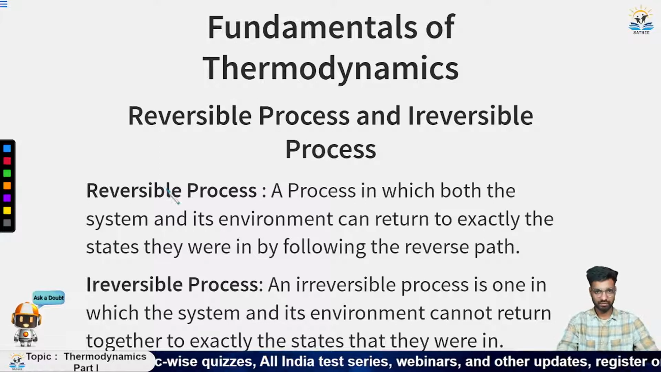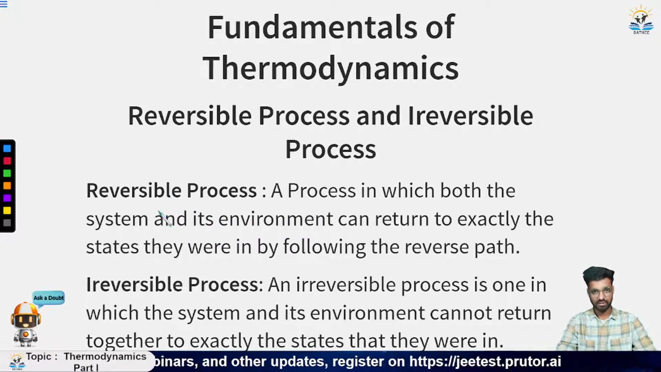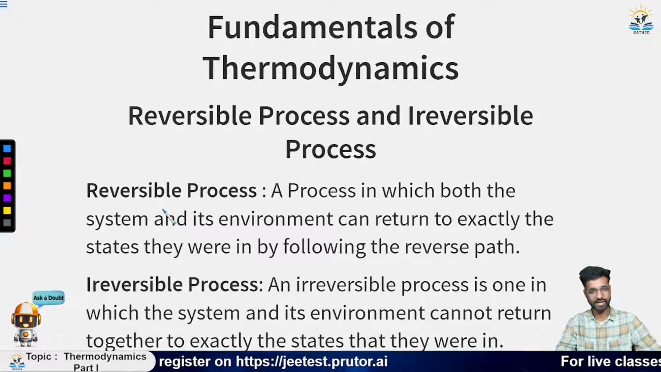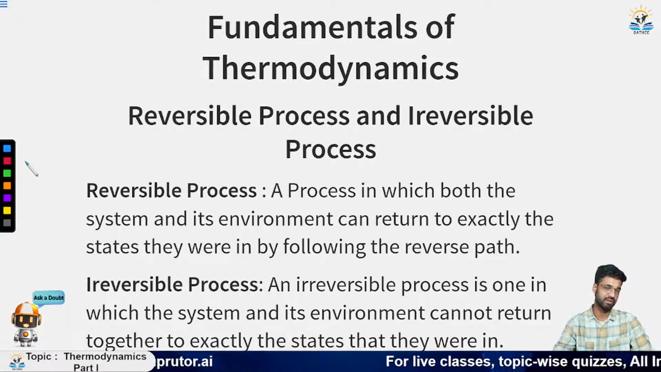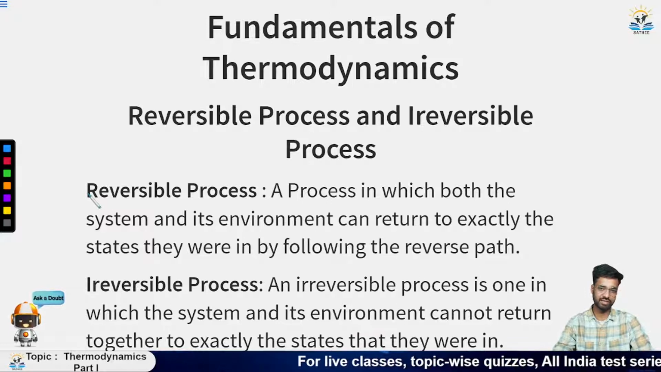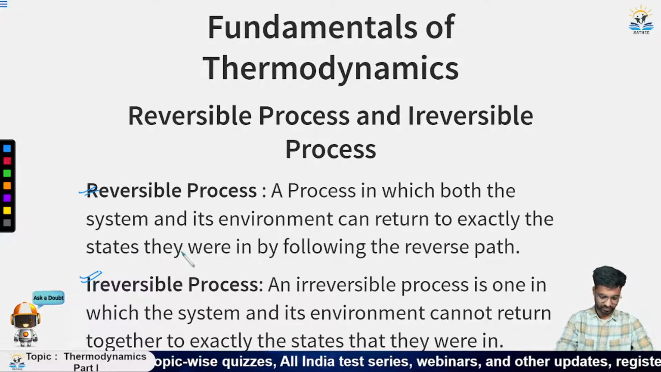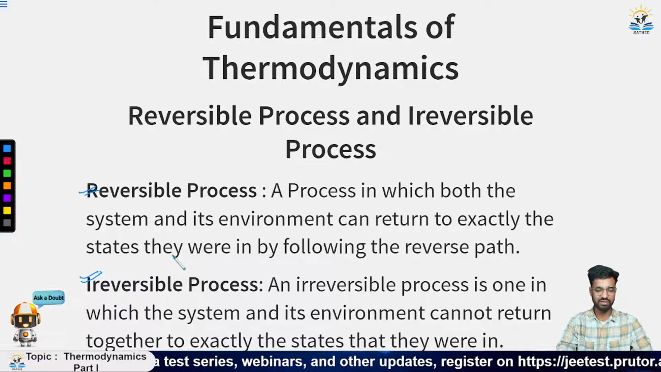So we have seen the processes which were based upon the type of condition which we are using. Now we will see how a process is carried out, and based on that, we will define what is a reversible process and an irreversible process. For now, we are just seeing the definition of reversible and irreversible processes. Then we will see that with the help of work done. When we calculate the work done, you will see more clearly the difference between the reversible